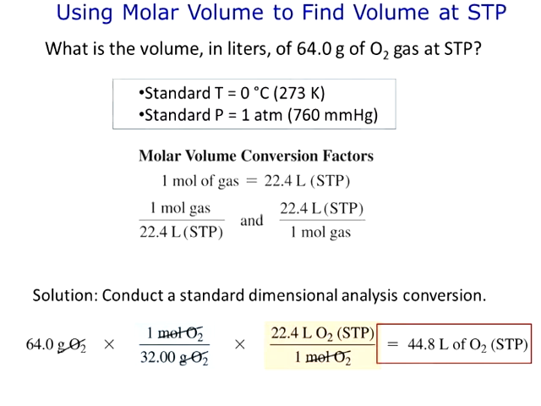So this is how we use the 22.4 liter per mole or 1 mole per 22.4 liters. Use it as a conversion factor when we need to get to liter and we're at STP. We need volume and we're at STP. We use this conversion factor. And I wanted to introduce that concept up front so we can talk about it as we work through the other gas laws.